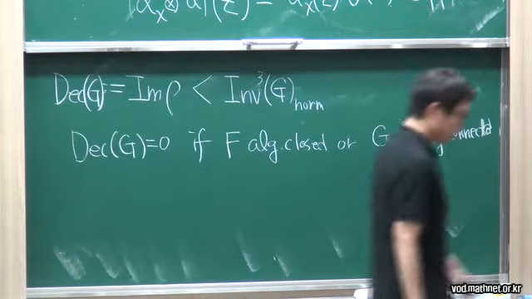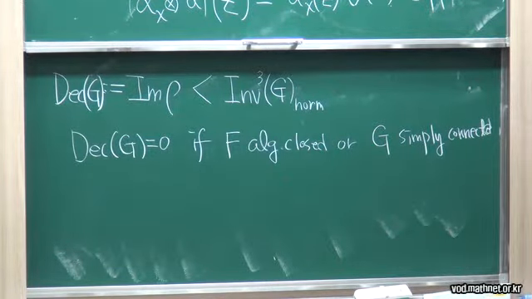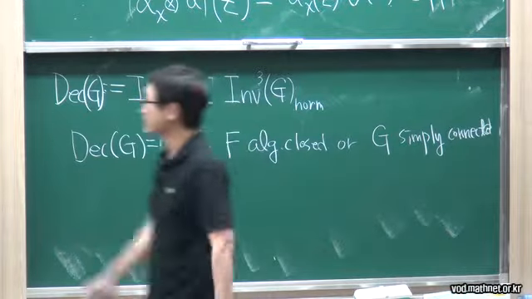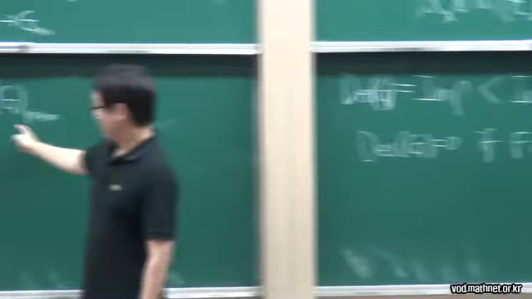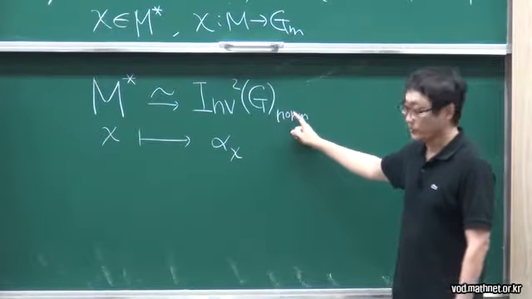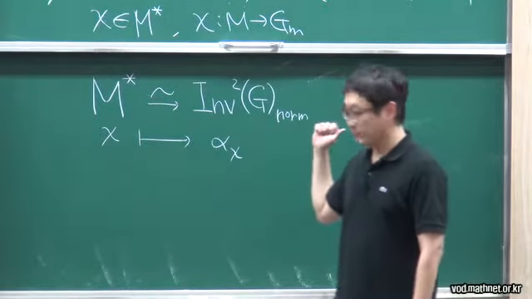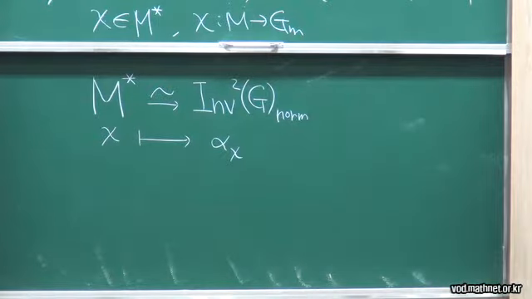That is because the degree 2 invariance, this normalized invariance, is in general isomorphic to Picard group of group G, and for simply connected group, Picard group is trivial. And for algebraically closed field,